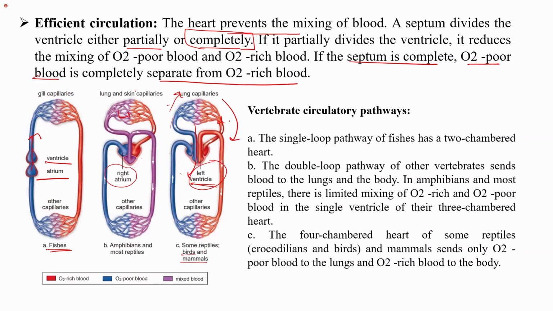So in the A figure, where it is shown for the fish, there is a single loop pathway of fish, which has a 2-chambered heart. In the B, there is a double loop, you can see here. So it is a double loop in which